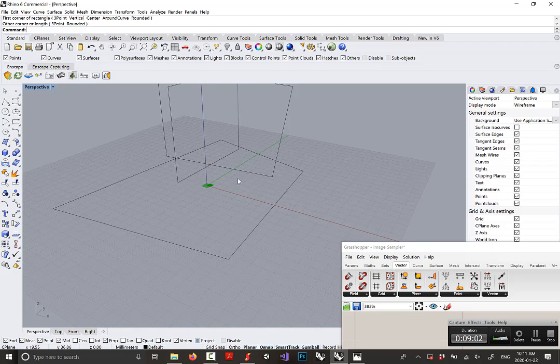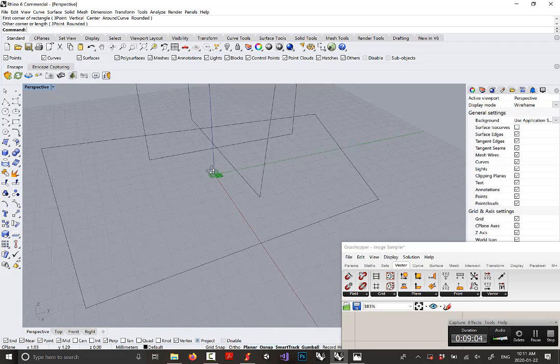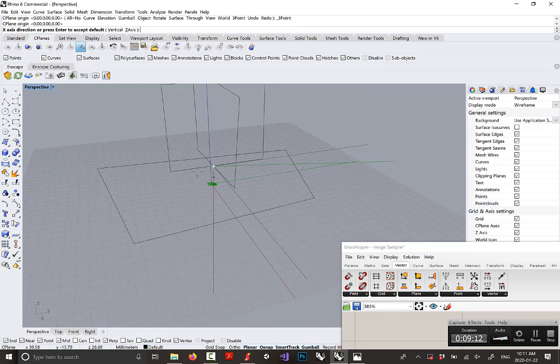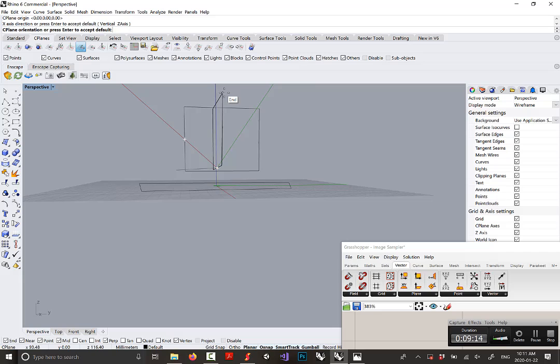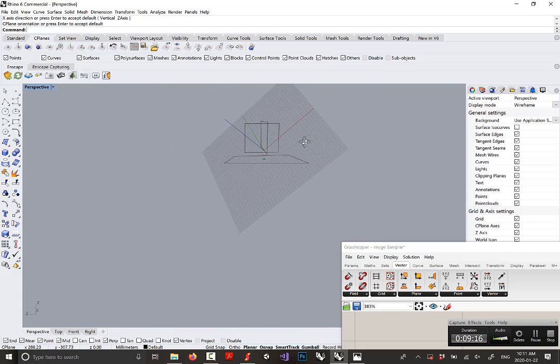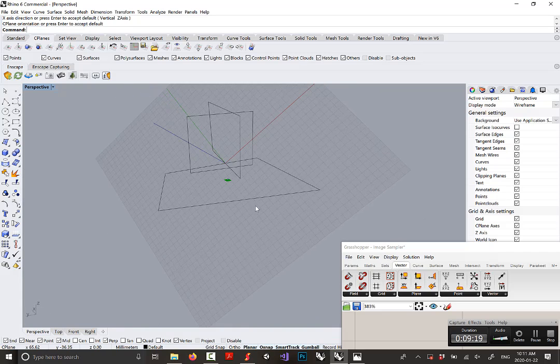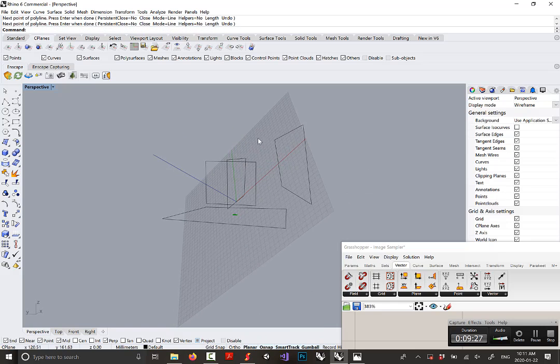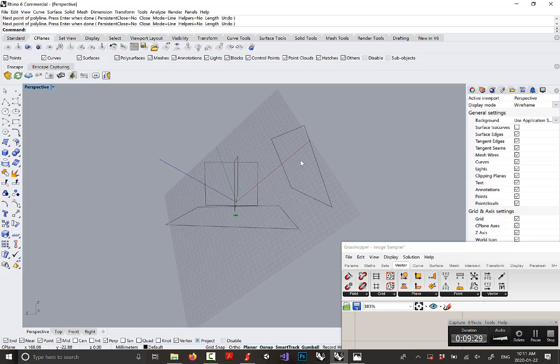But what can happen is you could have a plane at an angle. So in Rhino, for example, we can go C plane, set C plane by 3 points. And your plane could be at a weird angle like this, right? So now look at that plane. You kind of have this plane that's on an angle. And now I can still draw on this plane. It's flat. But you see what happens. It's flat on that plane, but it's kind of at an angle to what we think of the general world